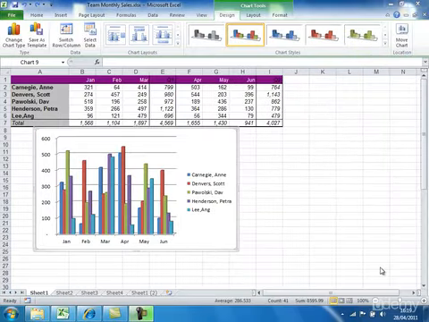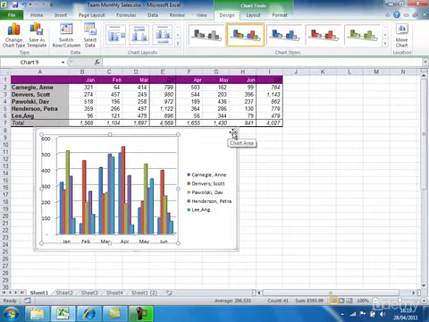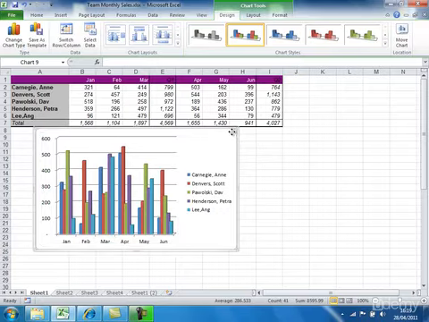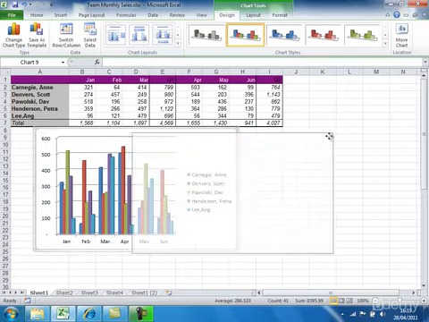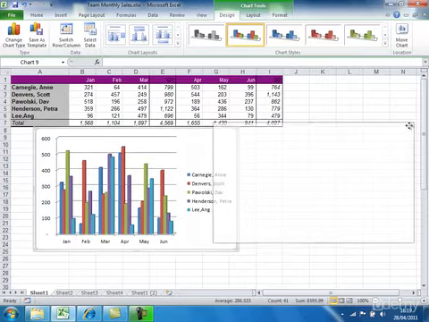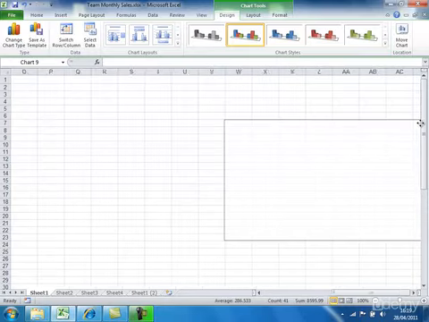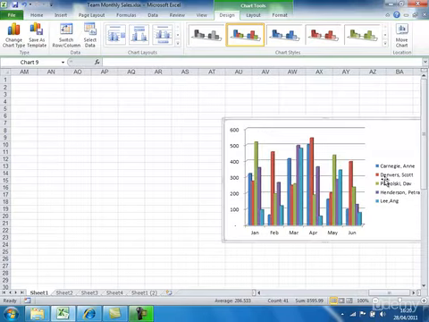Now, one or two other things to be aware of in terms of moving a chart around on a worksheet. If you do find a part of the chart area where you can drag it, which I've got here, once you get towards the edge of the sheet, dragging can continue, but you might have a lot of trouble seeing in relation to the rest of your data, the rest of the content of the sheet, where the chart is. Again, let's just do an